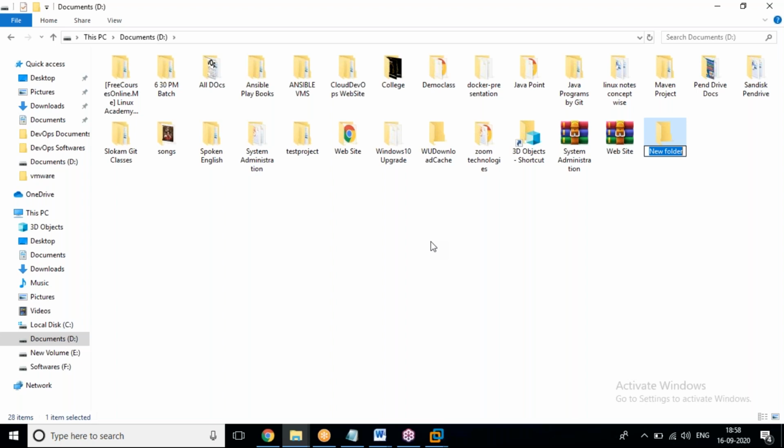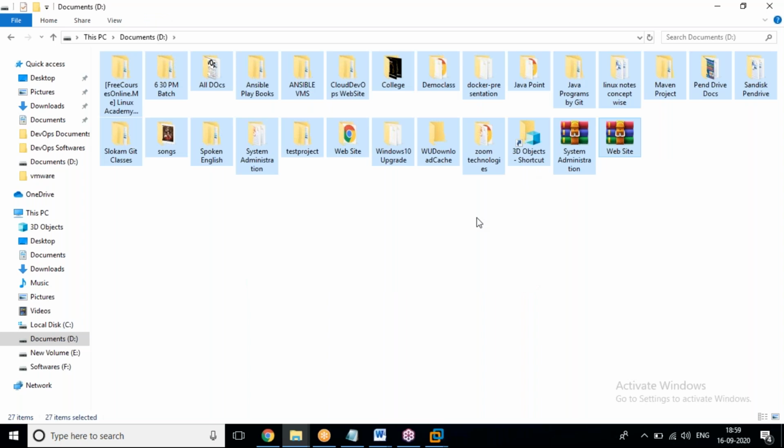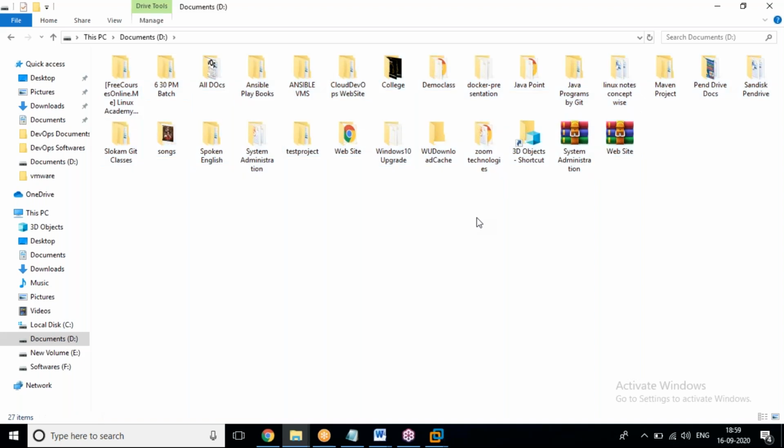Okay, actually no need to create this one. Keep in mind, in future, if you are going to clone a number of repositories, which one is related to Git, which one is not related to Git? See, these all are not related to Git. If I download or clone a number of repositories, how can we understand which one is related to Git and which one is not? So that reason, whatever repository you want to clone in future, you can put in one single folder.